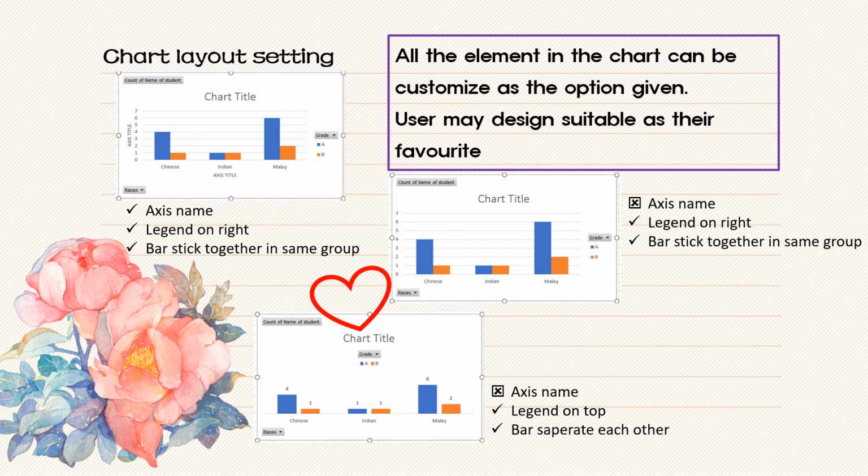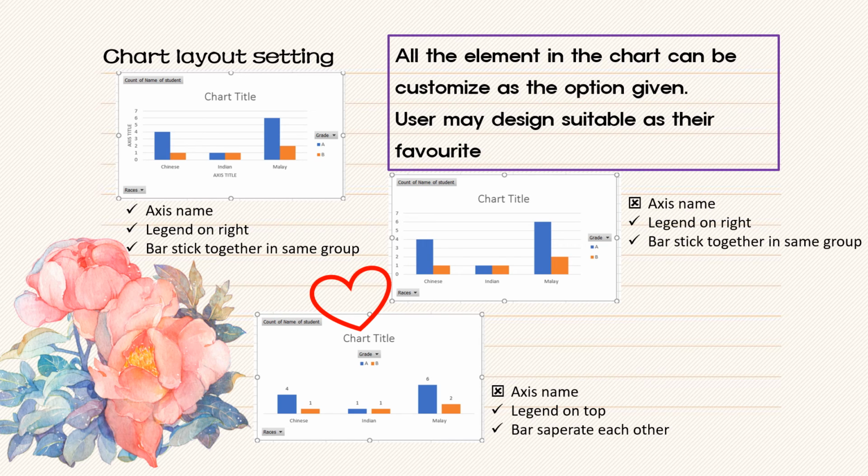Okay, if you see the second, there is no axis name. You didn't have an axis name here, but you know what the group is, like here you have an axis title. So this one has no axis name, but you have the legend on the right, like the first one, and the bars still stick together. The third one, there is no axis name too, and the legend is on the top below the title of the